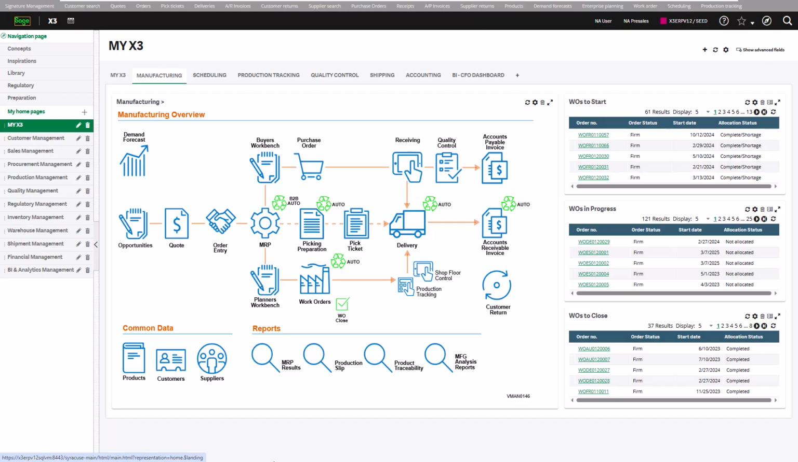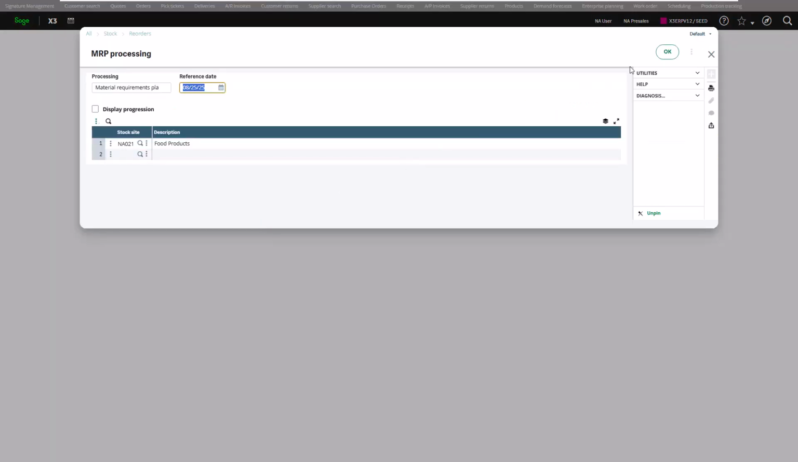Creating sales orders generates demand. Our next step is to use X3's powerful MRP engine to determine if we have what we need to deliver the product and meet that demand. Let's go ahead and kick off MRP, and while that's running, I'll just explain that MRP provides the planning logic